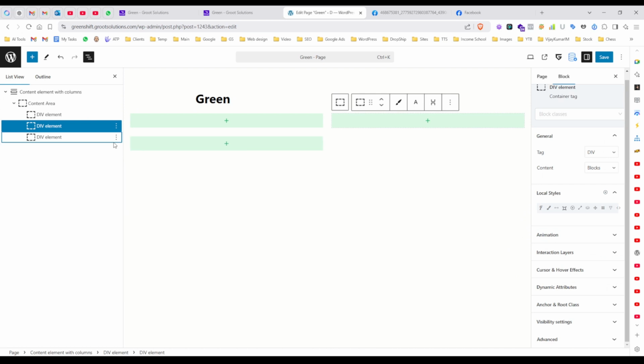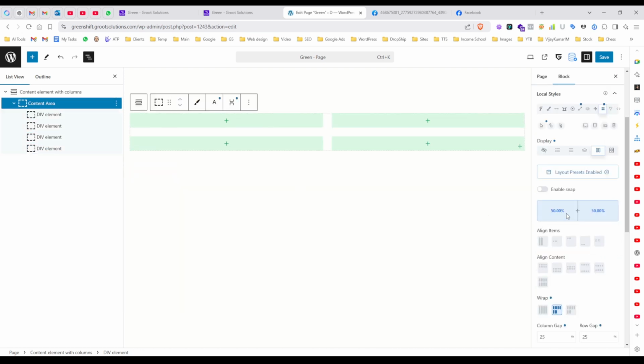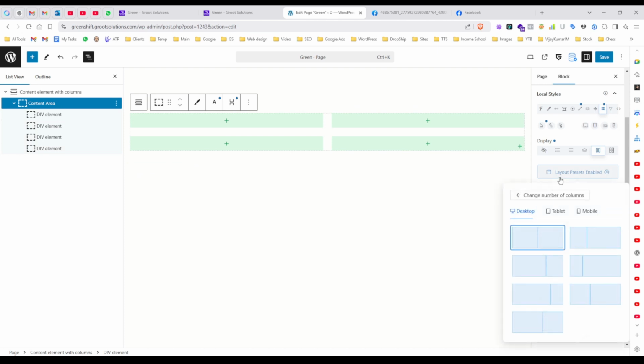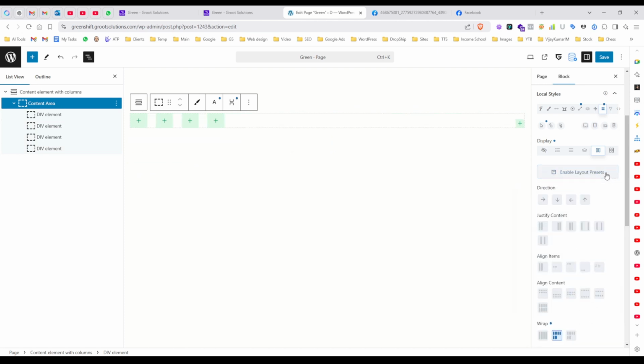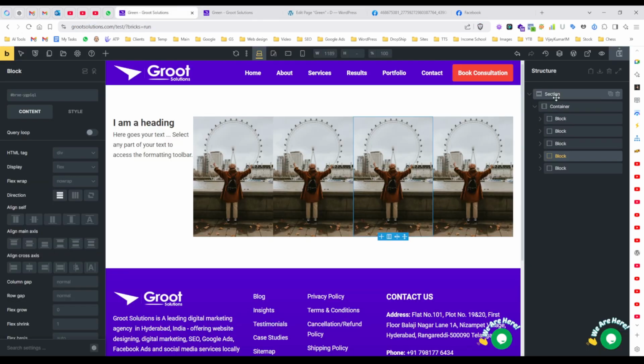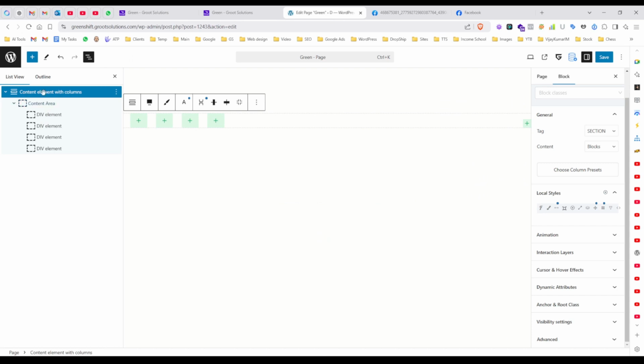If I just duplicate it, okay, see how I can make it 5. Okay, can we delete it? Okay. Now they just converted to normal. So essentially what Greenshift is doing is, if we compare these both, this section is going to be this one. Anyway, we are planning to rename this as a section. That's great. This is going to be our main section element with the screen width,